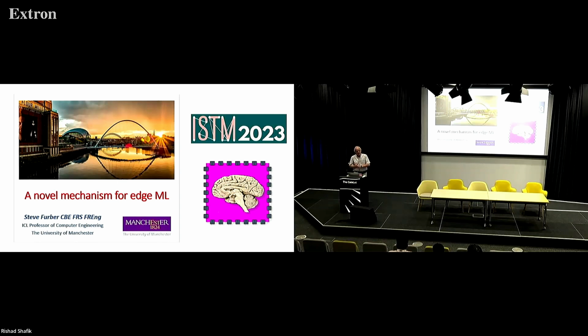The talk is not primarily about Spinnaker, although I will bring that in later on in the talk. What I wanted to talk to you about, again, I don't work on settling machines, so this isn't a talk about settling machines, but it's a talk about another sort of small-scale machine learning algorithm, which I suspect has a lot in common with settling machines and perhaps operates in a similar domain. So this is a novel mechanism for edge ML.